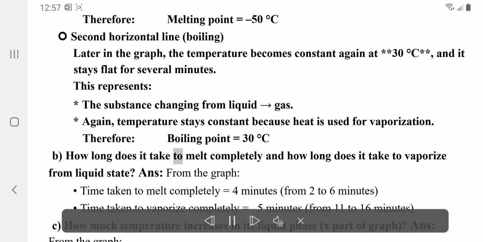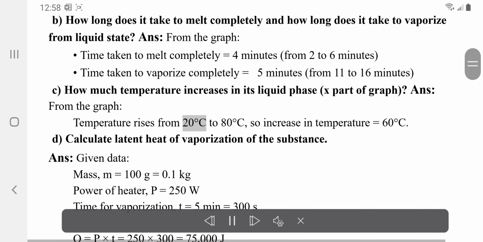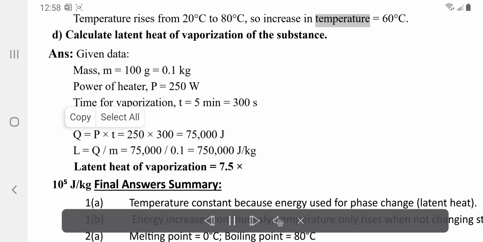How long does it take to melt completely, and how long does it take to vaporize from liquid state? Answer. From the graph. Time taken to melt completely equals 4 minutes, from 2 to 6 minutes. Time taken to vaporize completely equals 5 minutes, from 11 to 16 minutes. How much does temperature increase in its liquid phase, X part of graph? Answer. From the graph. Temperature rises from 20 degrees Celsius to 80 degrees Celsius, so increase in temperature equals 60